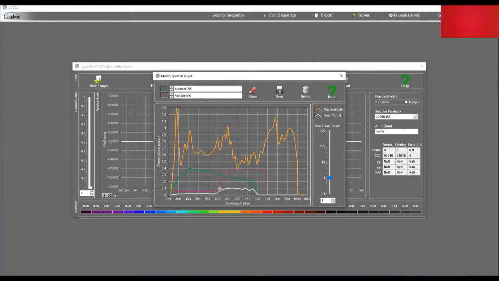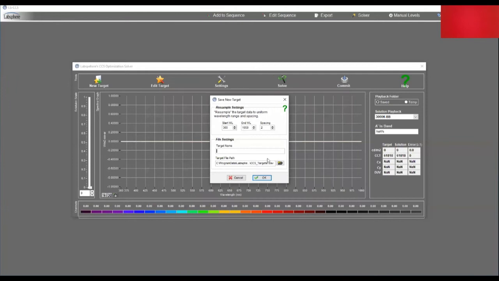spectra. And so what I'm showing here is there's the D65 source, which is in green. The red spectra is in purple, and the white is the combination of the 2. This orange line is the maximum output of this FT2300, so I'm going to increase the level so just under the maximum output of this system, and I'm going to save this, and I'll just, for example, name it red under D65. Okay,